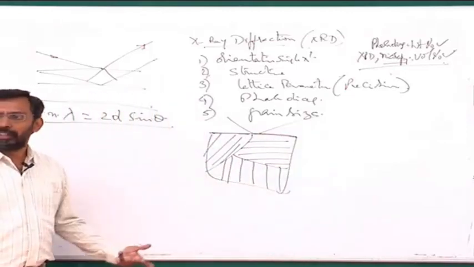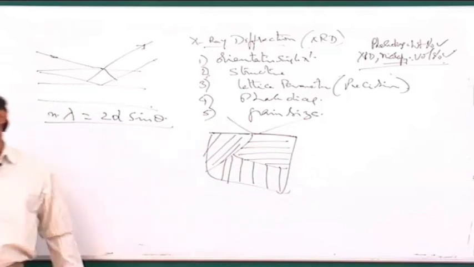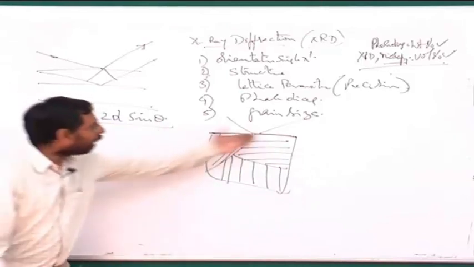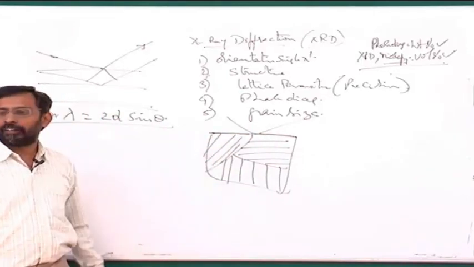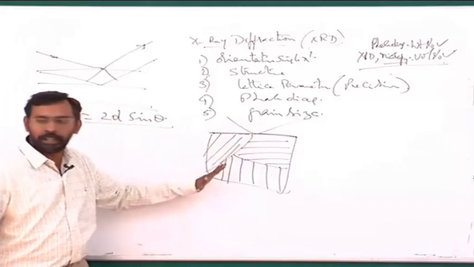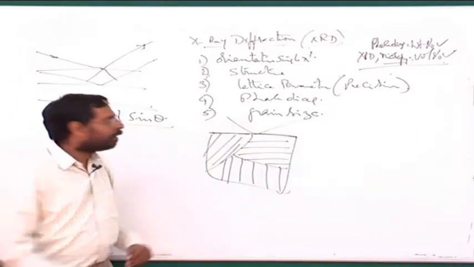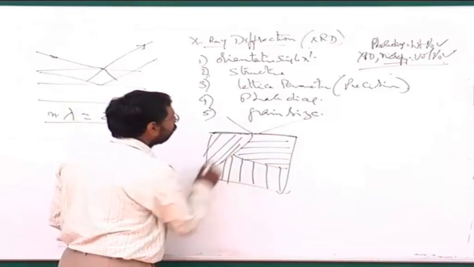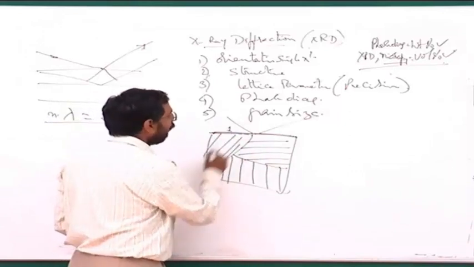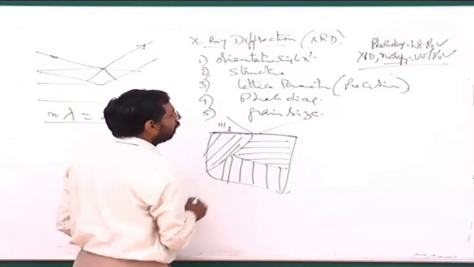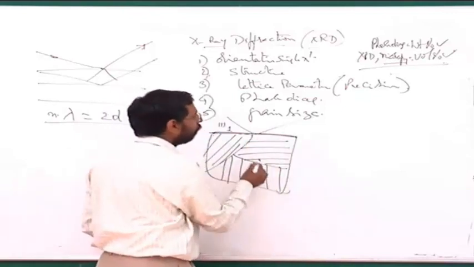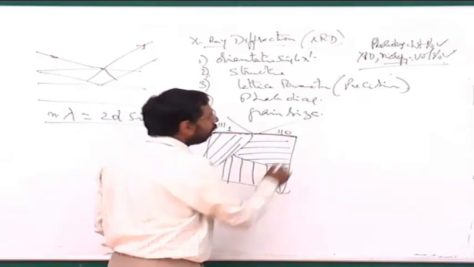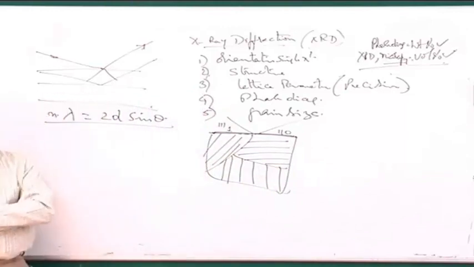Right? Obviously. Otherwise, you can't call it grain 1 and grain 2. If they both have the same orientation, we don't call it grain 1 and grain 2. The fact that there is a boundary means that there is an orientation difference. So the plane which is parallel to the surface for grain 1 has some indices, maybe 111, and the plane which is parallel to the surface in grain 2 may be 110 or 100 or something else, 123.